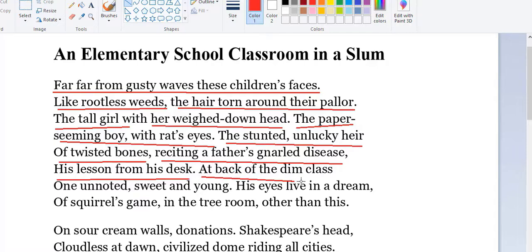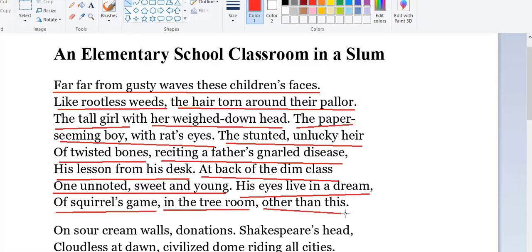At back of the dim class, one unnoted, sweet and young, his eyes live in a dream of squirrel's game in the tree room other than this.